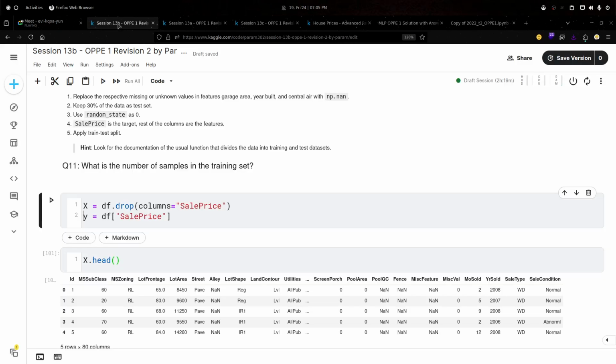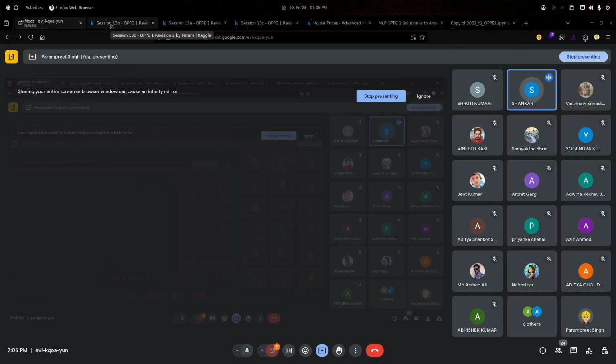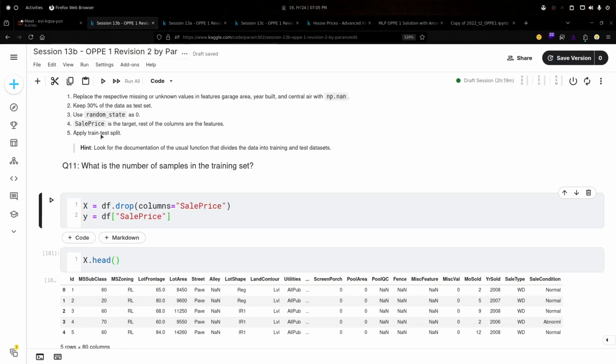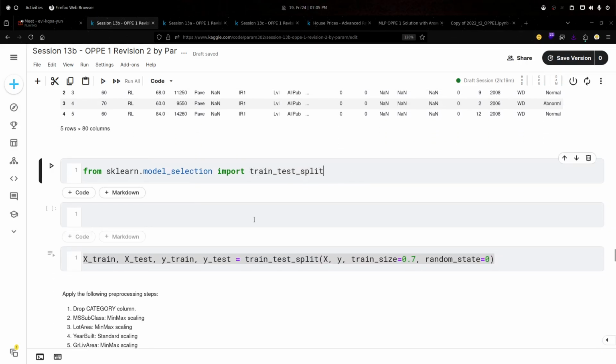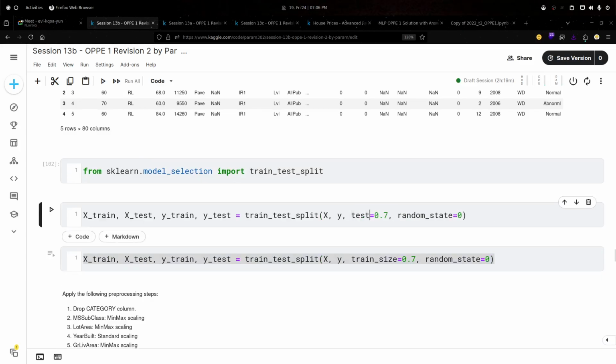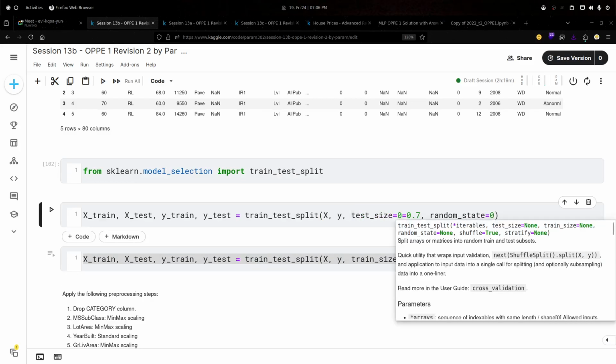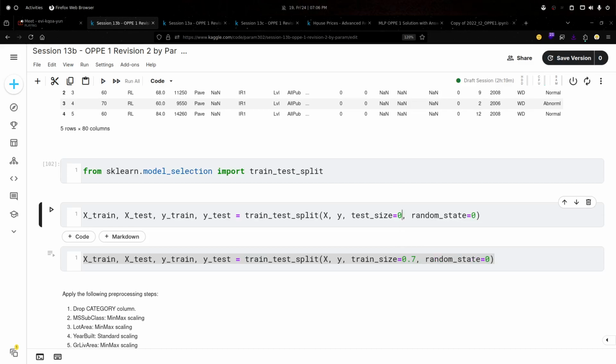So instead of single brackets, if we put double brackets in Y, it will also become a data frame. So for the train test split, should we use double brackets, or is it not needed? No, we just need this as a series, not a column. Okay, so we can do it directly. All right, so this way, or I can do this, test_size as 0.3. Both are fine. There is no difference.